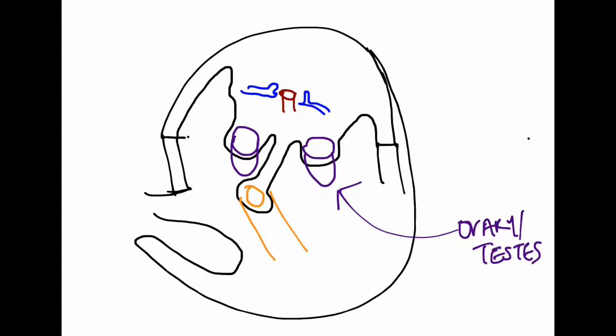There now becomes an invagination of the genital ridge. So this part right here pinches in and folds in on itself to form a paramesonephric duct. Similarly, on this side, you get a paramesonephric duct forming right here. So you have a paramesonephric duct on each side, and remember we have our mesonephric duct going down on its side, joining this